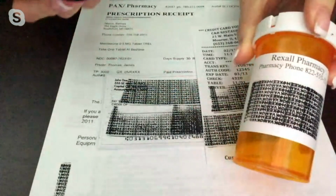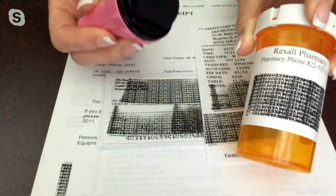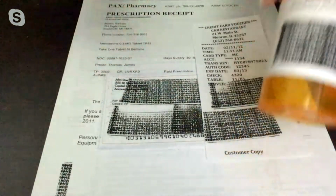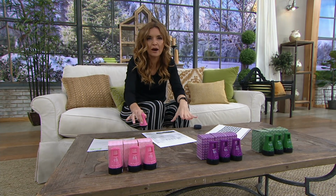This makes a great companion to a shredder, but if you don't have a shredder, it's really a must-have to block all that personal information before you throw it away. Well, right there, that's the big key, right? Because I think it's worth its weight in gold simply for the fact that I can block out anything on